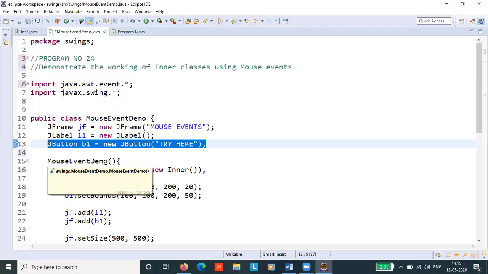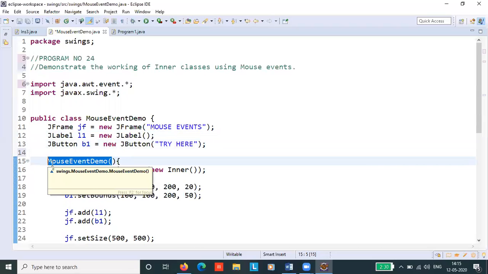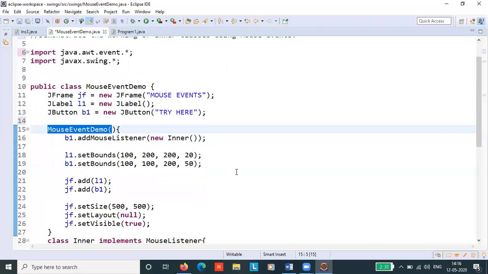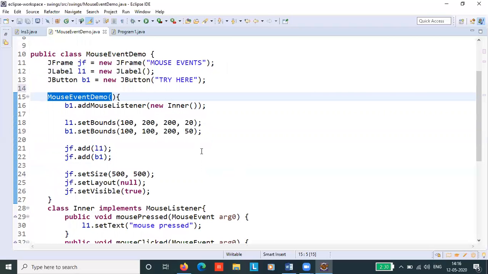Next, let us create a constructor called mouse event demo. Now, for events we need to use the mouse listener interface.